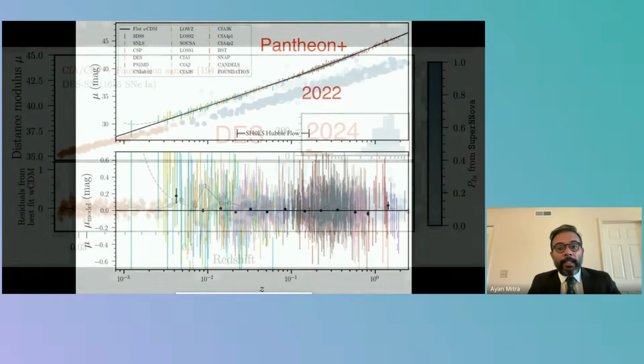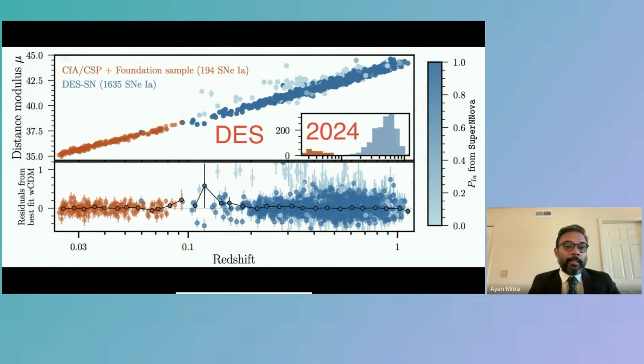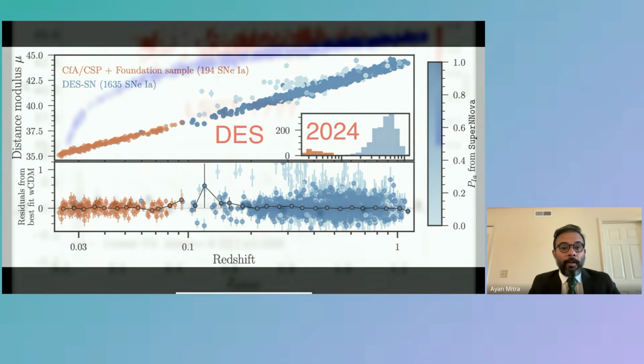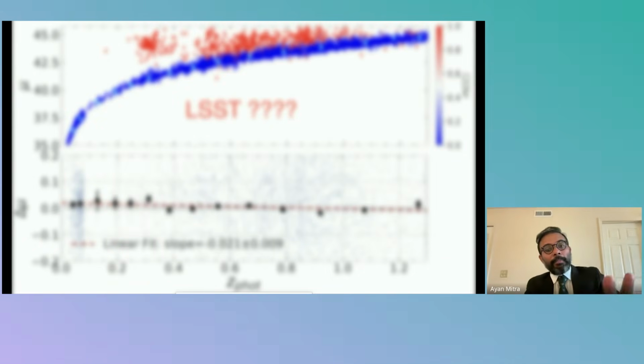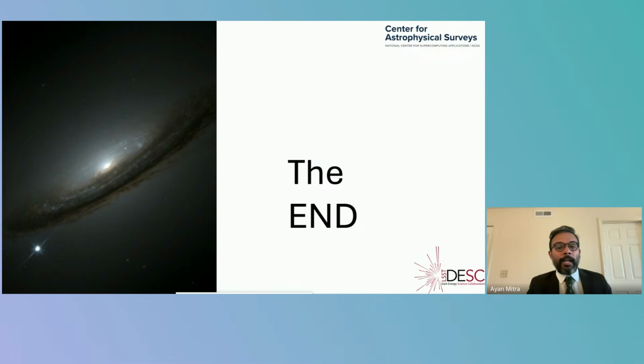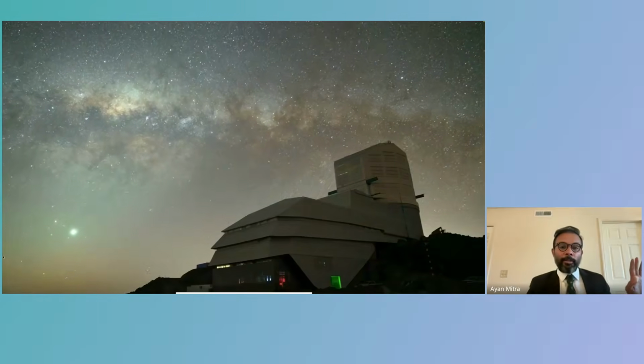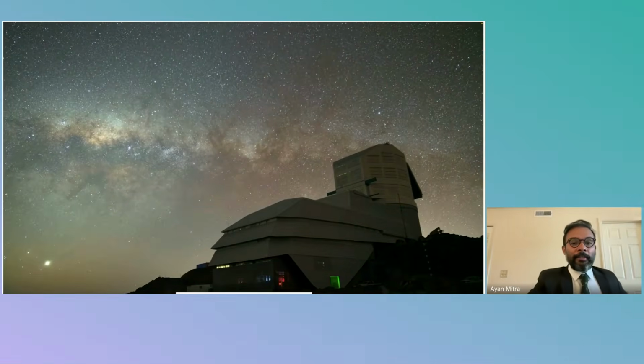Then recently there was Pantheon, Dark Energy Science. These are all seminal works on the Hubble diagram. But you see the size is getting bigger. And we expect LSST in 2 years to give the biggest yet Hubble diagram, and so the distance estimation of the sky. I'm sorry for taking a bit longer, but I finish here and I'm happy to discuss more in questions.